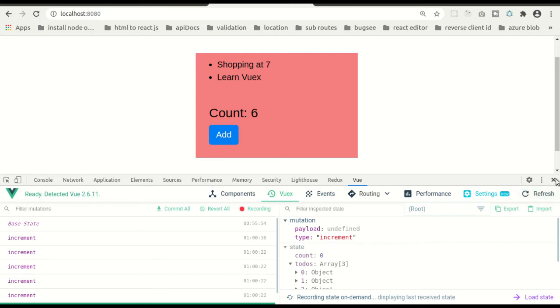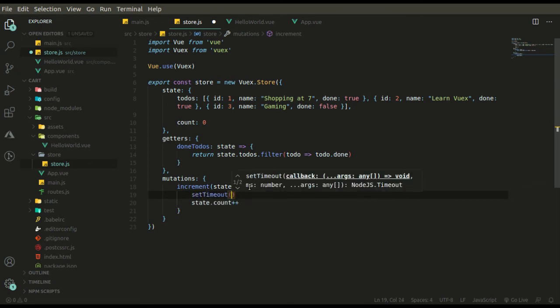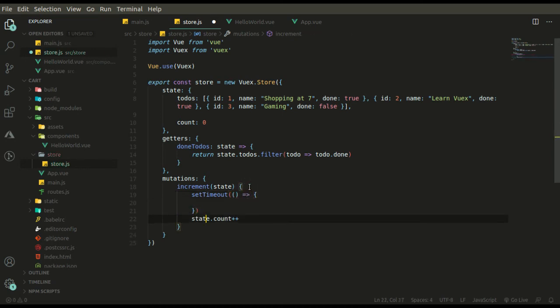Okay, so the next thing that we have to look at is action. Now let's see when action comes into the picture. Action comes into the picture when we are dealing with async operations. Let's see what happens if we are not using actions. We do not have any API, so let's use setTimeout for the async operation.